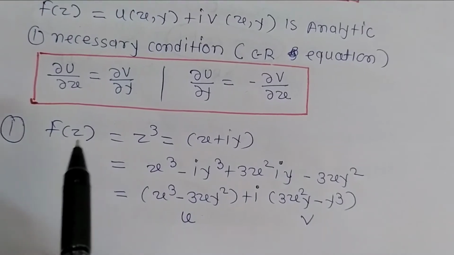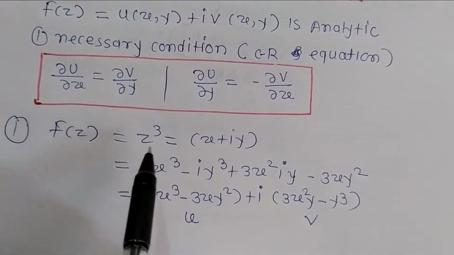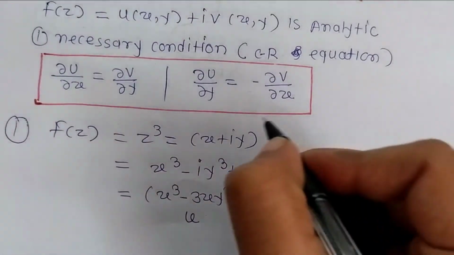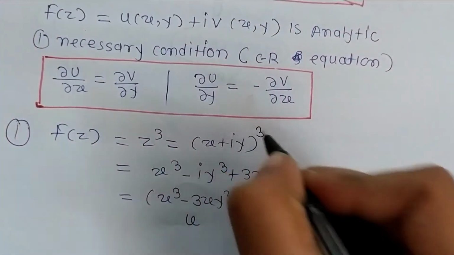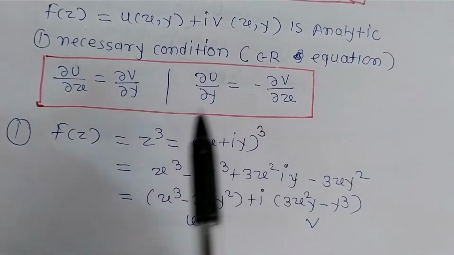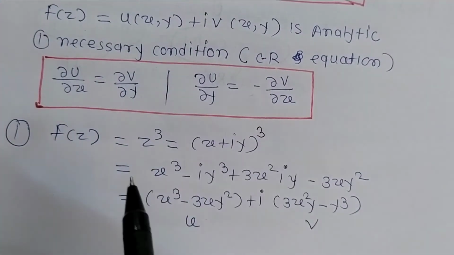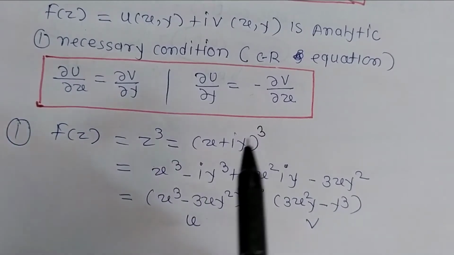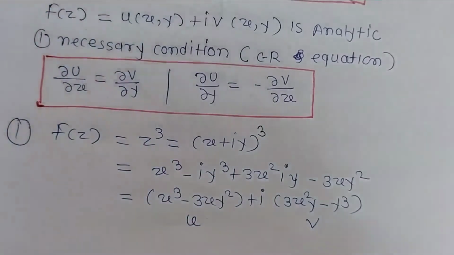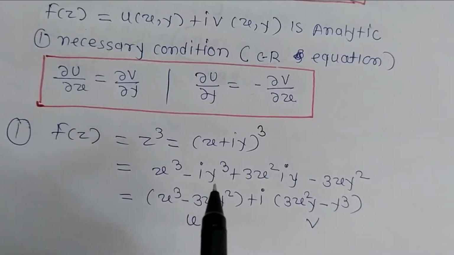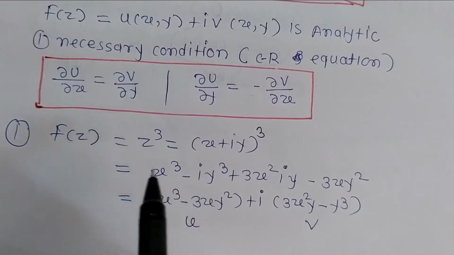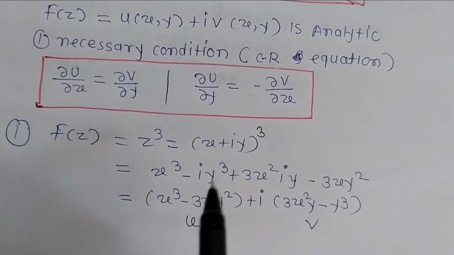Consider one example: f of z is equal to z cube. Z is x plus iy, so we have (x plus iy) cube. Expanding this, it is x cube plus i cube y cube, and i cube is minus i, so x cube minus i y cube